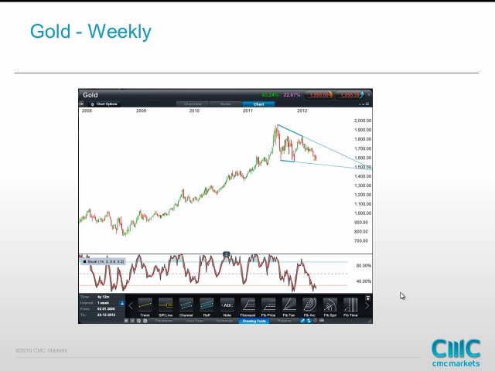Well, the first chart that I thought was interesting to look at this week is the gold chart. And what I've done here is to begin with a long-term perspective, looking at the weekly chart. And the idea here is that a very common technique that a lot of traders find really